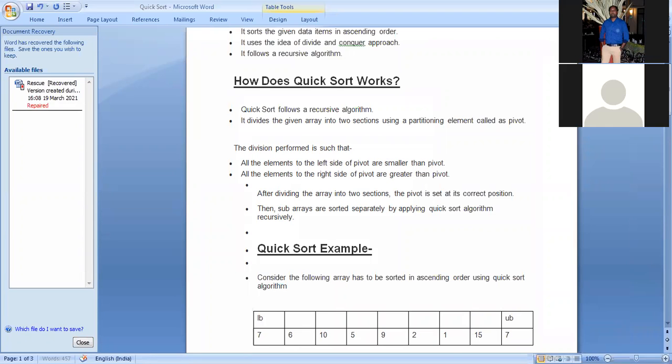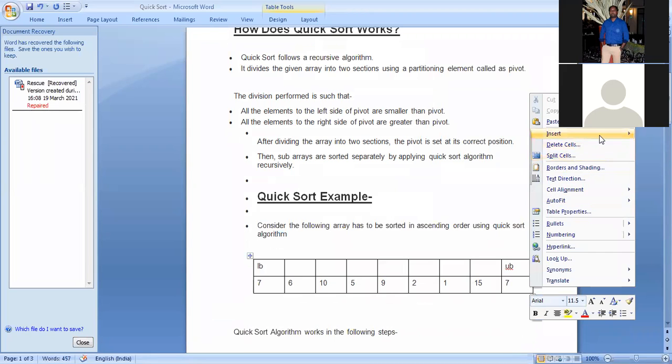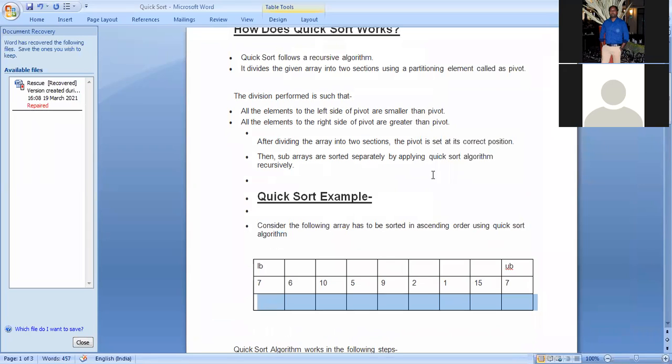Suppose the array indices start from 0, so we have array indices 0, 1, 2, 3, 4, 5, 6, 7, 8. These are the array elements.